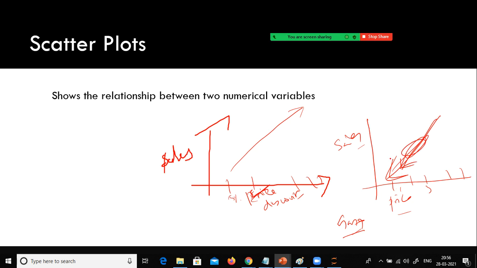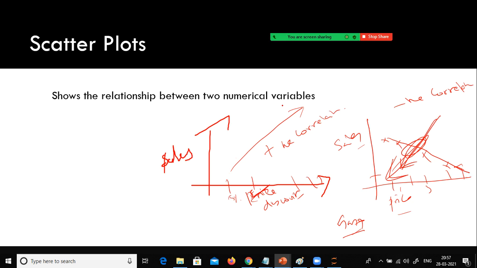If the price increases by $1, you can see something like this; the sale will be like this. If it is $2, $3, $4, $5, when you increase it to $5, your sale will get reduced drastically as you keep increasing the price. So there is a negative correlation here. A relation still exists between sales and price, but it has an inverse correlation. And between sales and discount, there exists a relation between these two variables, but here it is a positive correlation.